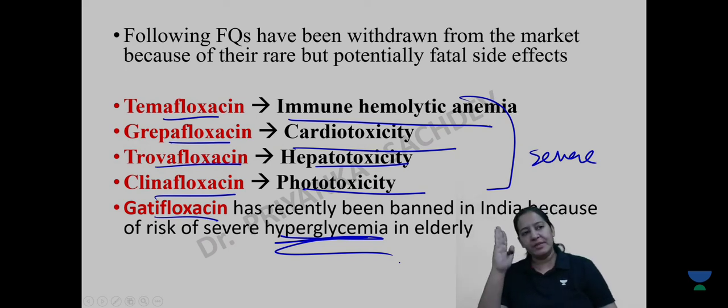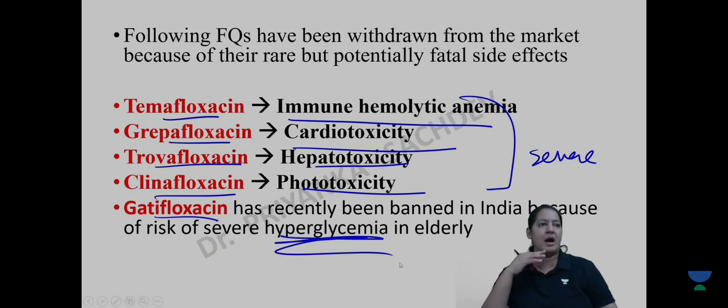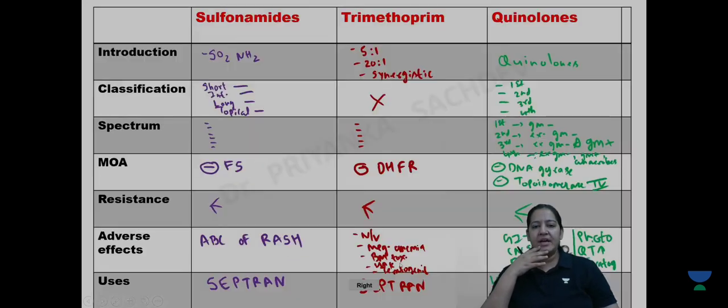Drug-induced diabetes. So these 5 are banned. Now questions can be asked on any one-liner. I know learning one-liners is a little bit difficult, but if you try it, it is not that way. I will launch the polls also in the form of questions. You will be able to learn it. Shall I continue?